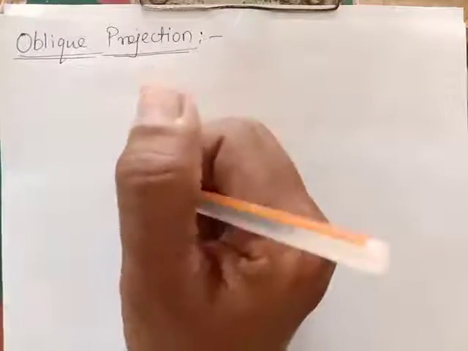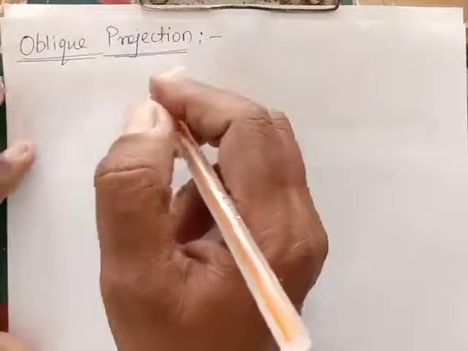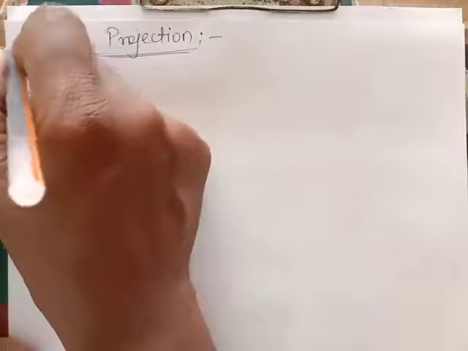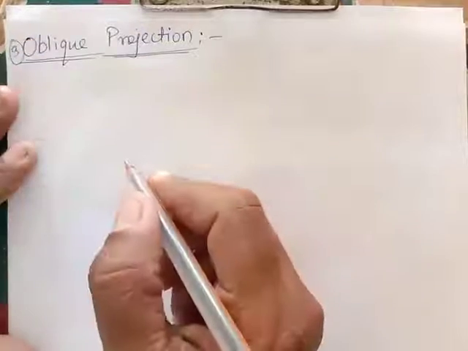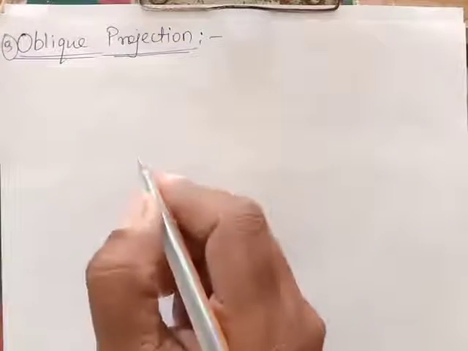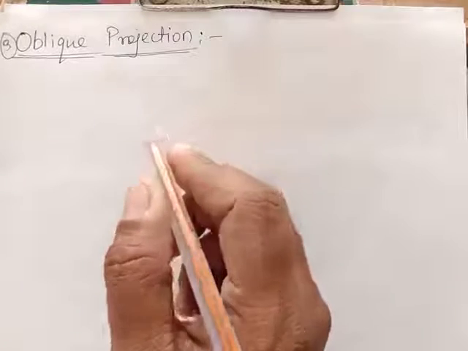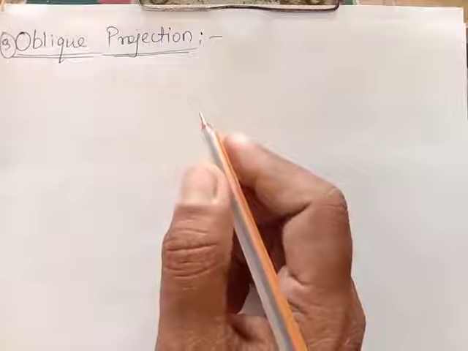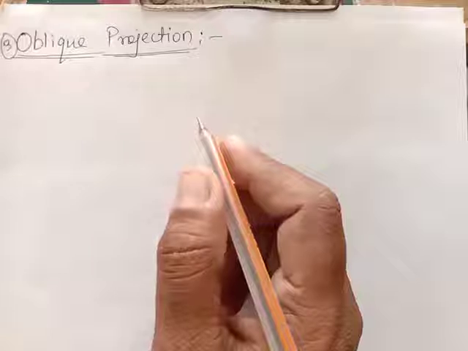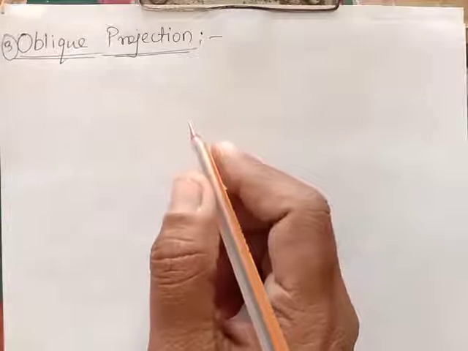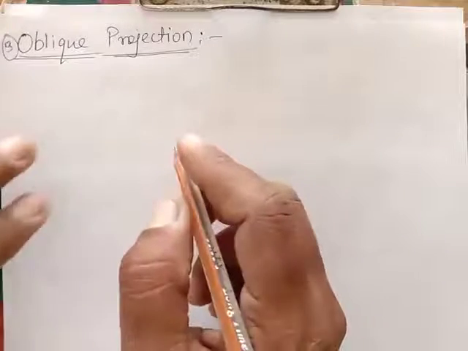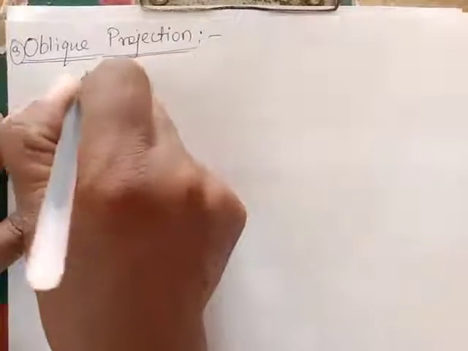In parallel projection we have seen first the orthographic projection, then axonometric with its types, and now oblique projection we have to see with its types, and at last we will see the perspective projection, which is a non-parallel projection. So now, oblique projection, what is it? A parallel projection